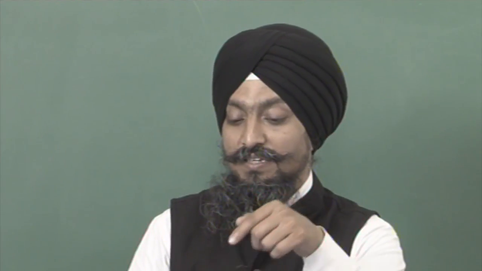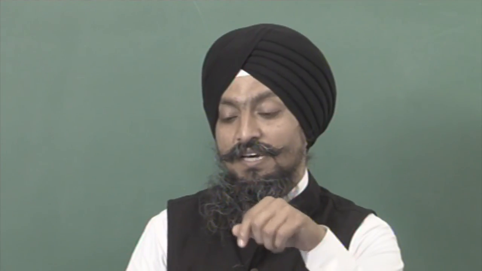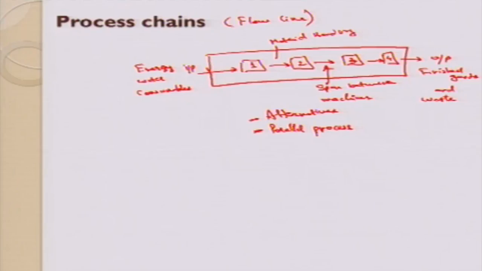So, we will work on this. This will be covered in the next part in the connected course, but in this specific course, we will work on the unit manufacturing process, and we will make a process chain from that, and we will make a facility from that. So, the line balancing or the energy balancing we will also do, but in the next course.